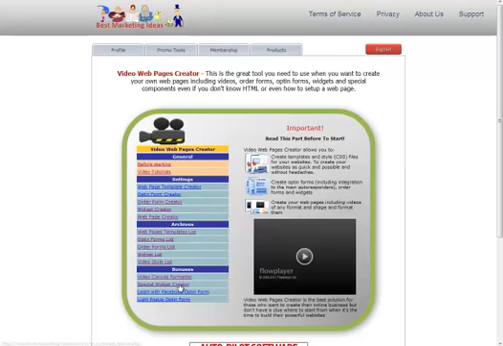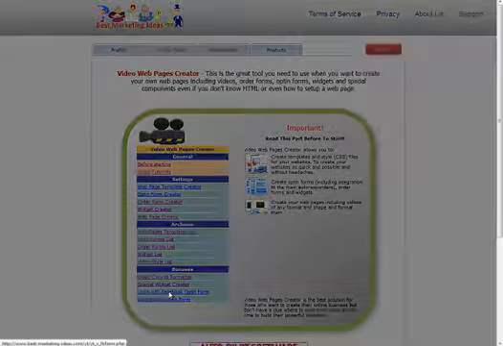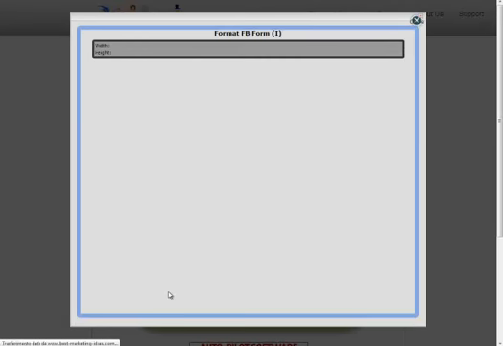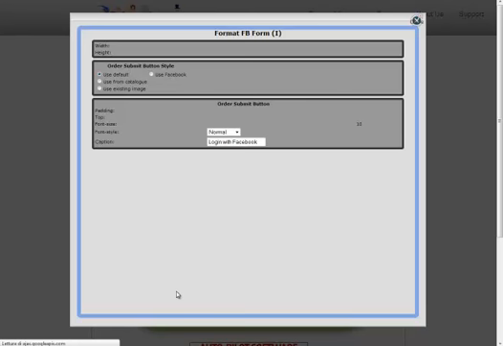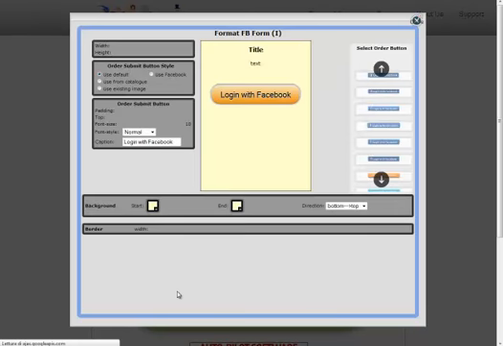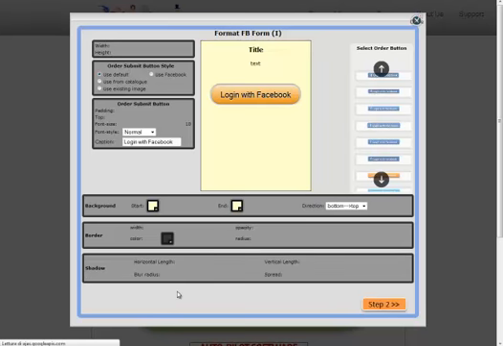Okay, another amazing bonus is the login with Facebook opt-in form. This is really a jump that can win your competition. So you click over the login with Facebook button in the bonus area, and you are redirected to a page where you basically have the opportunity to set up an opt-in form, as you were doing before